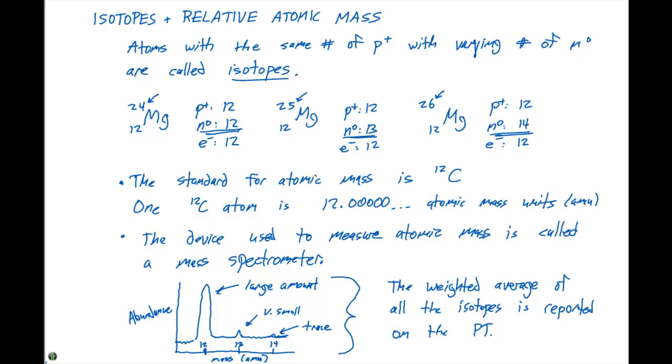So we're going to take a weighted average of all of these isotopes to give the atomic mass. So we can say that the weighted average of all the isotopes is reported on the periodic table and is referred to as the atomic weight. So let's go through